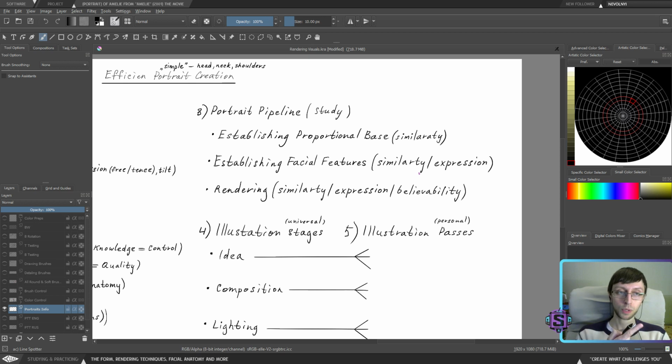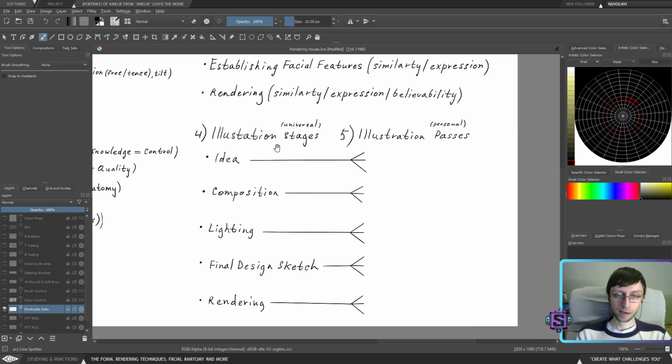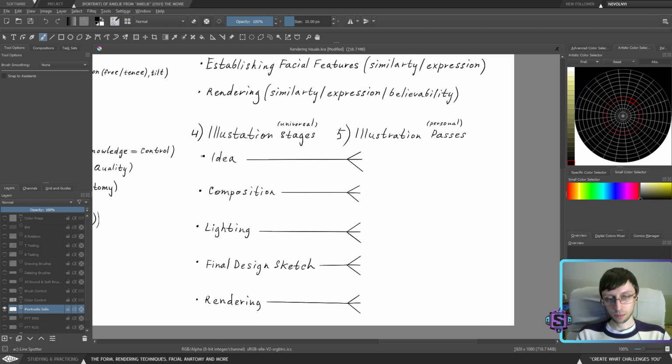And again, the first person we're going to work with is Emily from Emily the movie of 2001 up there. And she's a pretty crazy person, appears like a crazy person, and we definitely need to work with the subtle expressions there. And of course rendering, which works with similarity and expression, and now we're adding believability, which will help to maintain the overall look. And now we're just establishing basic stages for the illustration, and now we're trying to basically describe